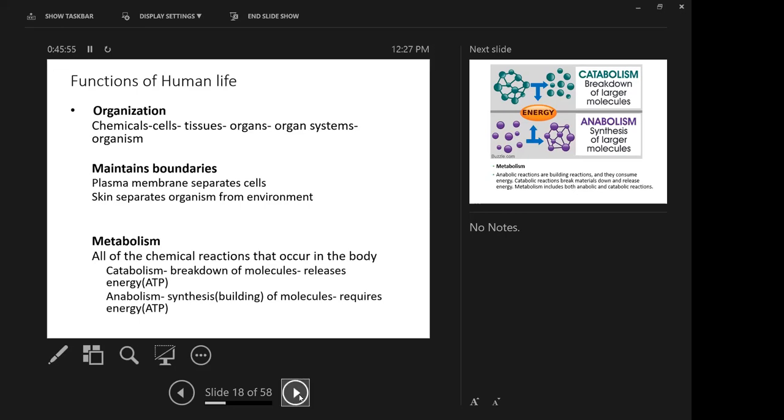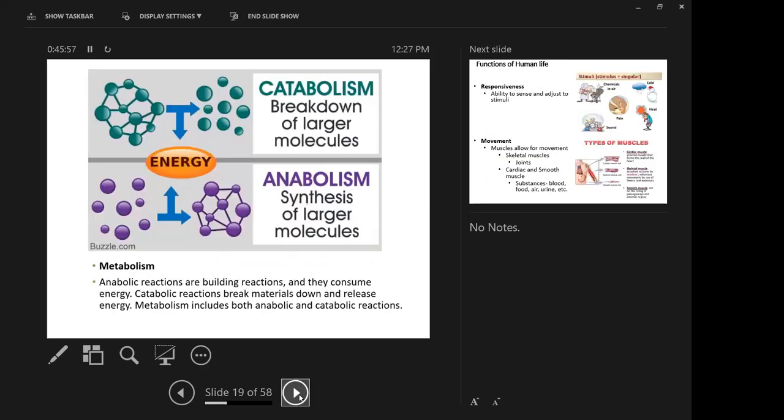Let's see. This is a good slide to mark for metabolism, catabolism, and anabolism. Anabolic reactions build things up. They use the energy that they get from catabolism. We eat something, we break down the food, we release the energy, and we use that energy to build things up again. So